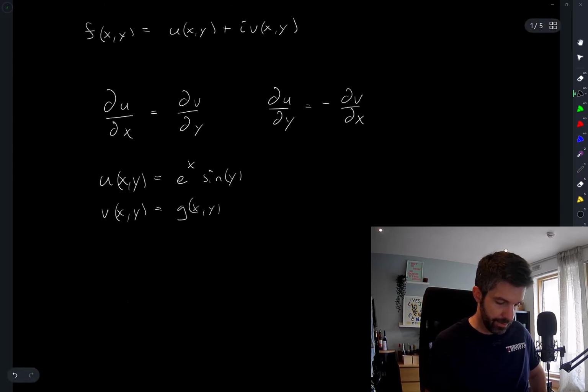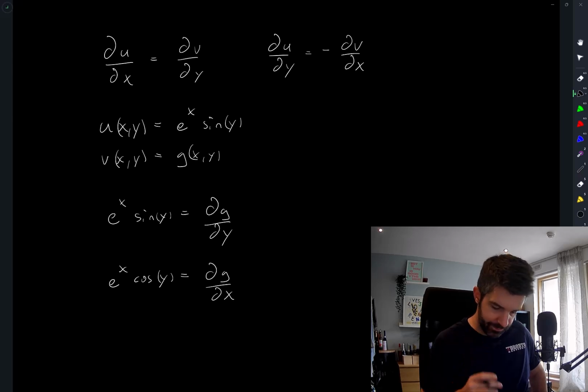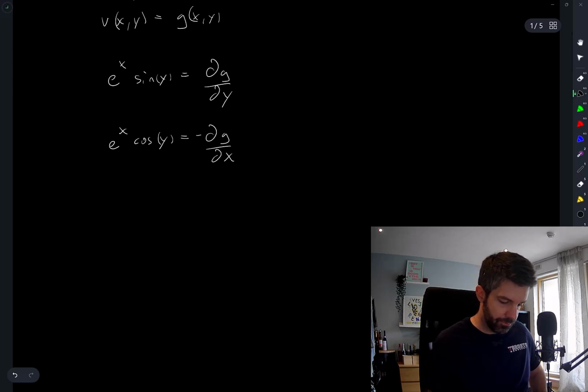So I have e to the x sine y is equal to partial g partial y. And if I take a partial with respect to y, I have e to the x cos y is equal to negative partial g partial x. Okay, so from the first equation,